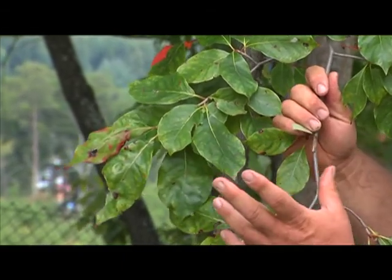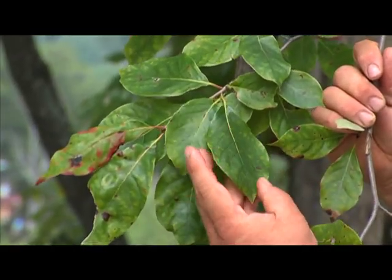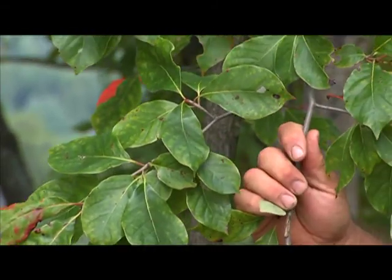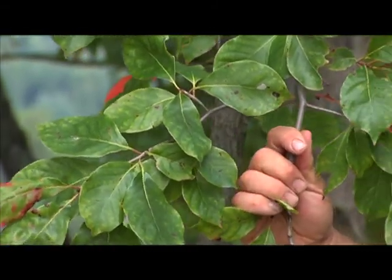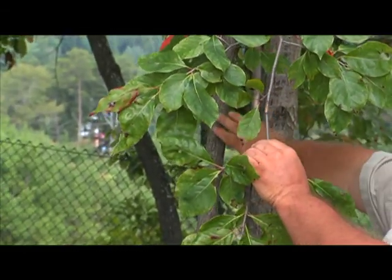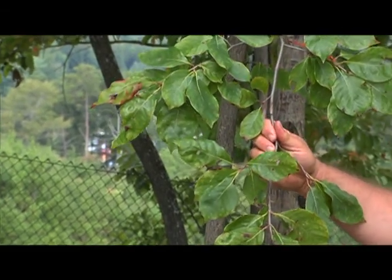We call this obovate, but you have the widest part beyond the middle, and you have a simple leaf here, an alternate leaf arrangement like we talked about in our other segment, and basically just a tree that you sort of have to look at the smooth bark here. As it gets older, the bark gets rougher, but you can look at that and identify this as a black